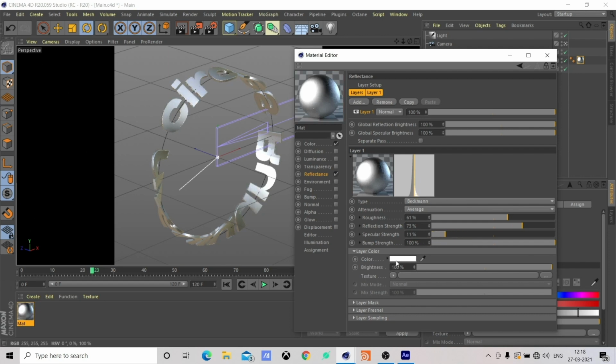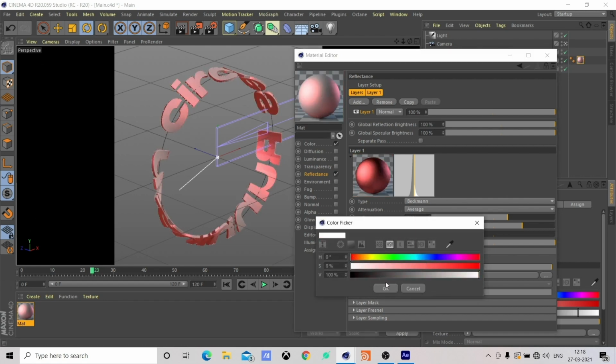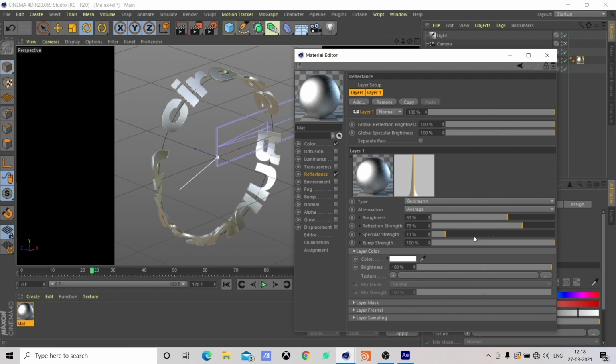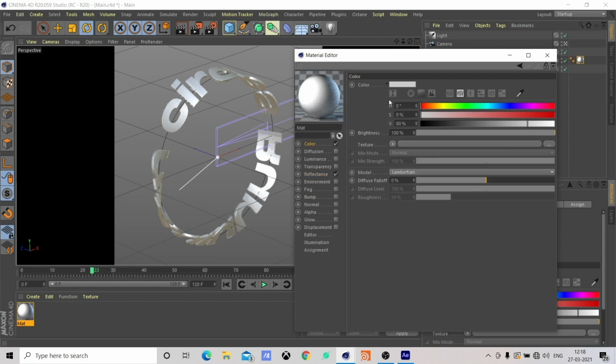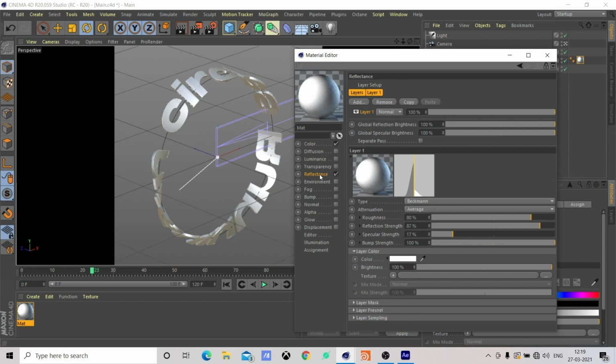You can also change the color from here, so you can do something like this, but I'm going to do all of this in After Effects. So I just play around with the settings a little, until you're satisfied with the results. I'll change the color to black. Not that it'll make much of a difference, but whenever I'm going for a reflective material, I like changing the color to black, because sometimes it helps. At least it helps with Octane. So I just like doing this. And yeah, everything else looks good.